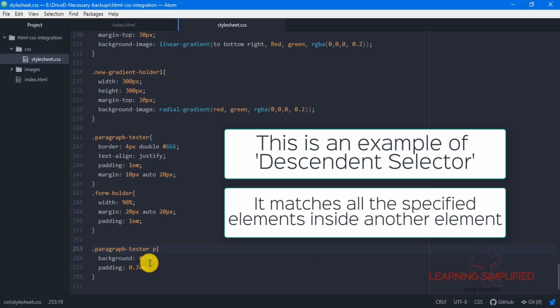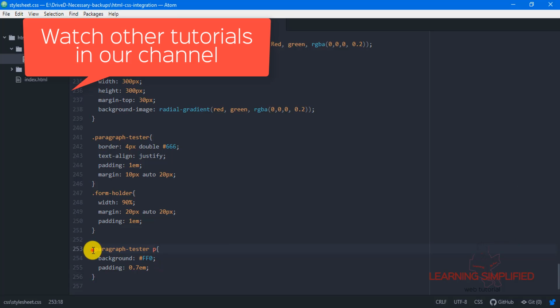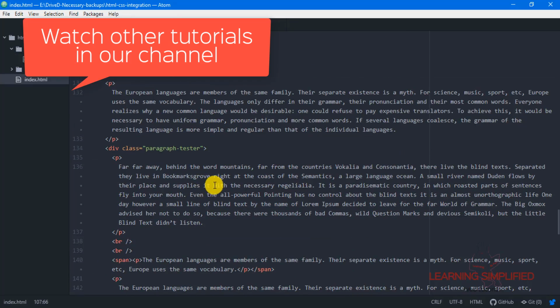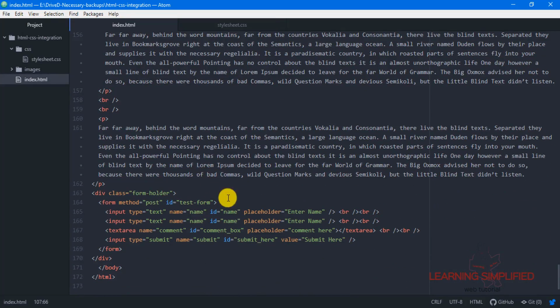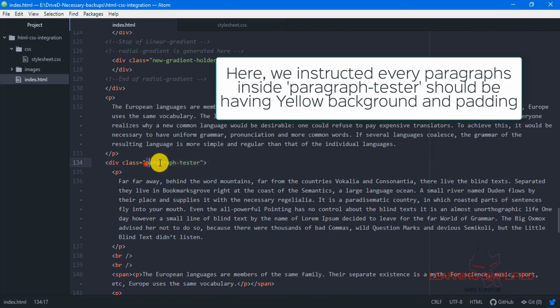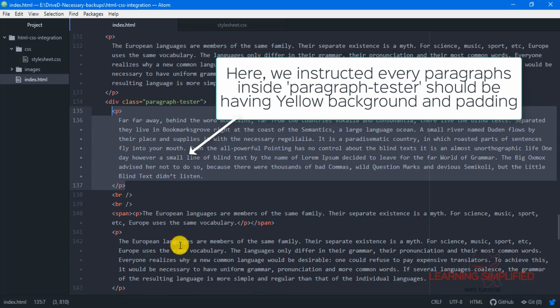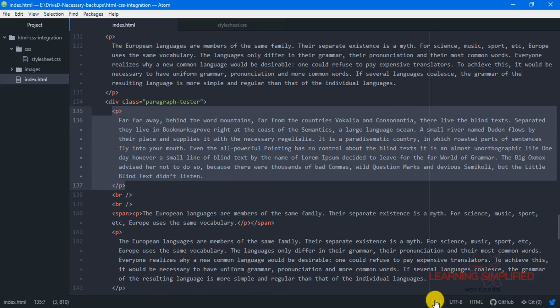The descendant selector matches all the specified elements inside any particular div or span element. This is the paragraph tester class used along with the div, and all those paragraph elements inside practically match the same properties provided to it.